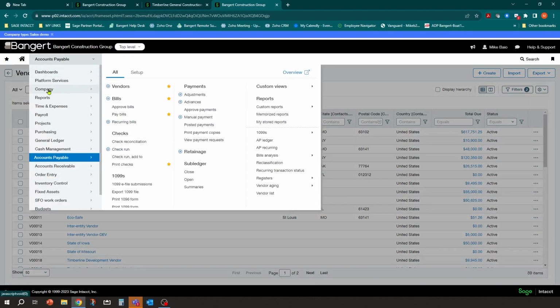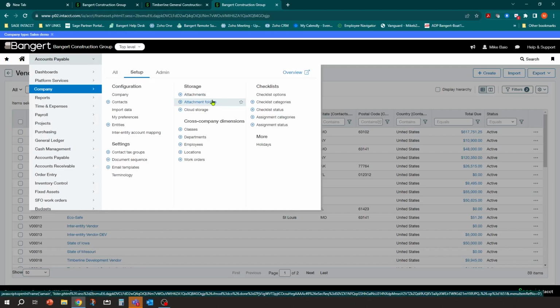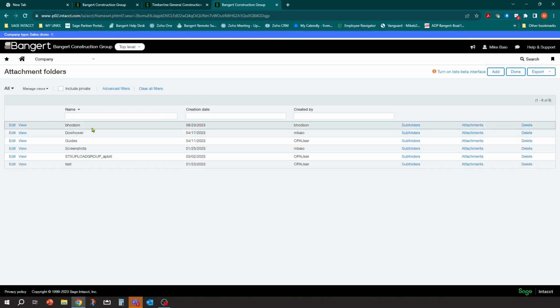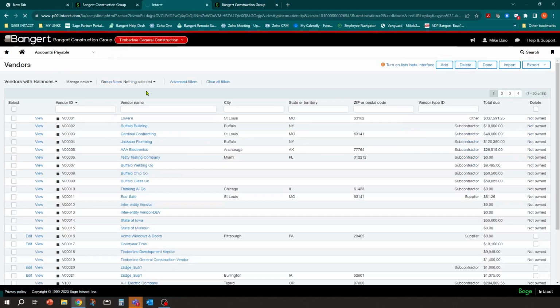So attachments are going to be in company, and they're going to be under storage. And you do have the ability to have what's called attachment folders. When you create an attachment in the system, you can determine which folder it goes into for sorting purposes. So this is without the beta. You can come in and set up your own folders. Actually, I am going to go into my Timberline Construction Company for this one.